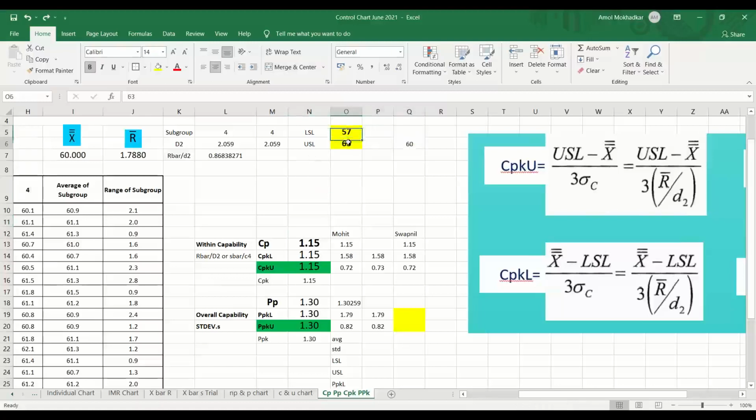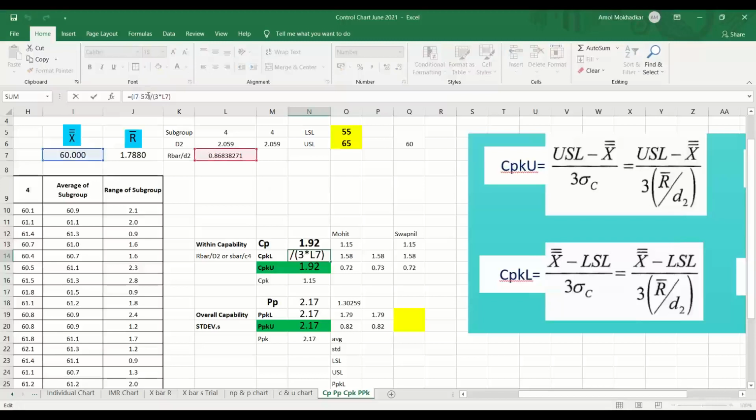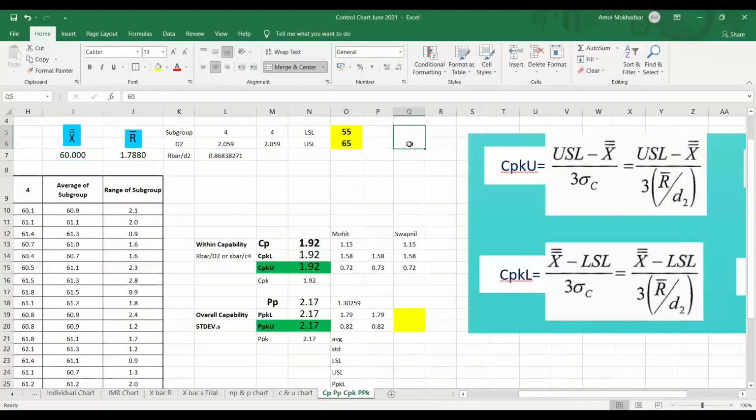If I make it 65 here and if I make it 59 here, not, sorry, 65 and 55, and you get again the same values. Okay, because here I have taken 55, that's why I should give the reference. So if I make 55 and 65, then also it is 60.